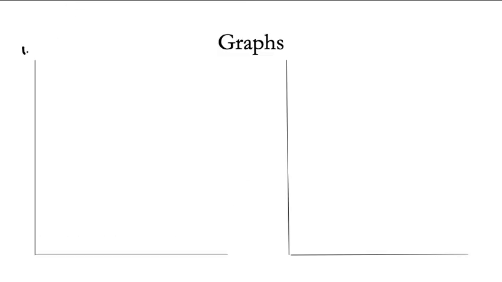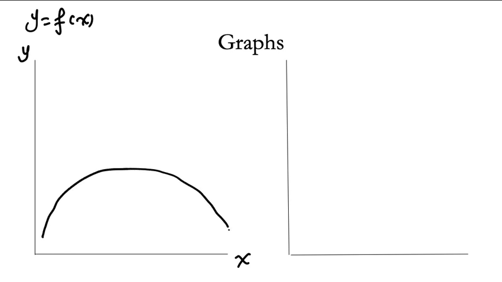Let's say y is on the vertical axis, x is here. So we have function y as a function of x. Let's say we draw it and it looks like this. Now, if we look at this graph, let's say we pick one point here, call it point A. And then if you draw a tangent line that passes through point A,